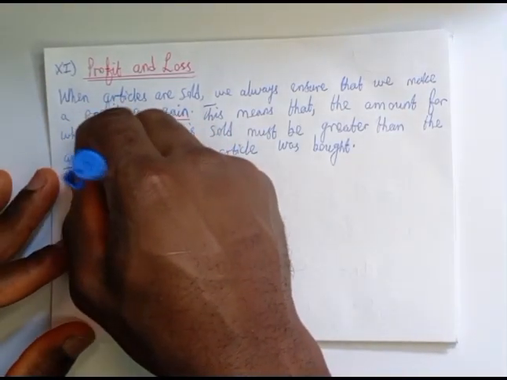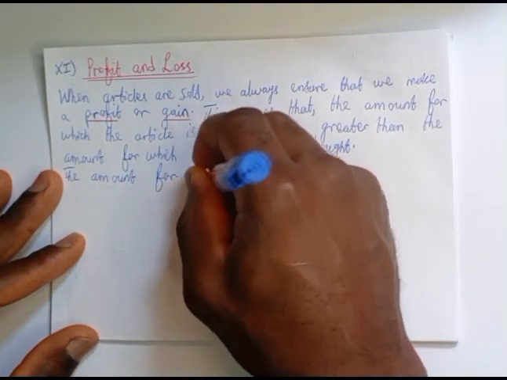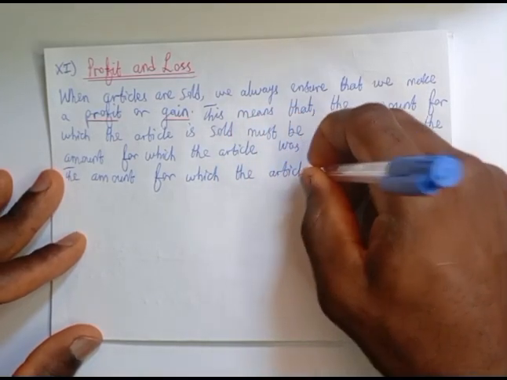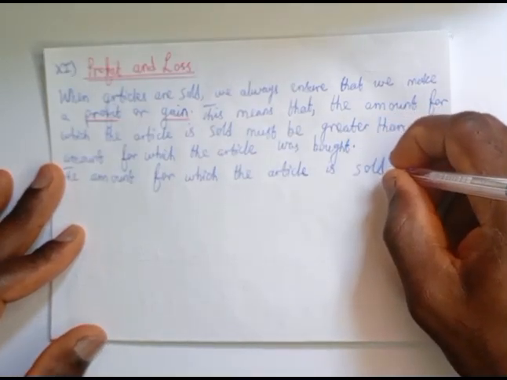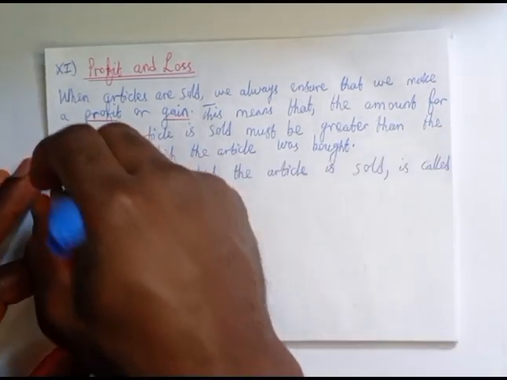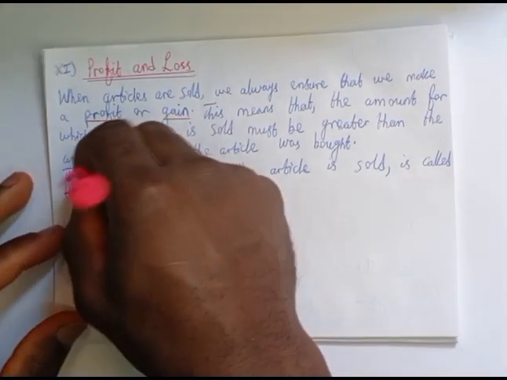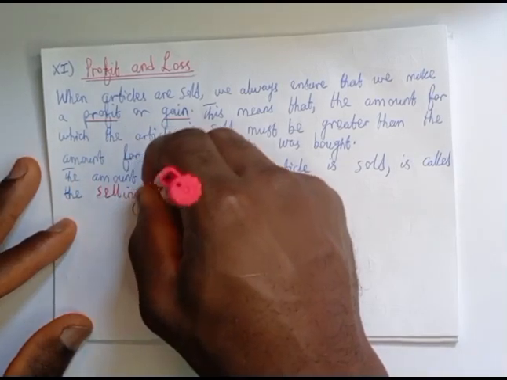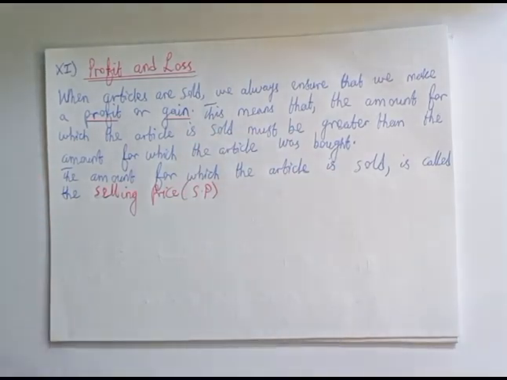The amount for which the article is sold is called the selling price. Now we denote the selling price by using SP as such,